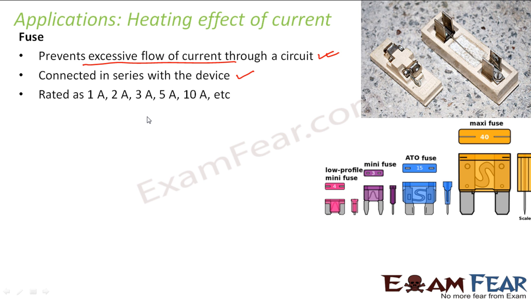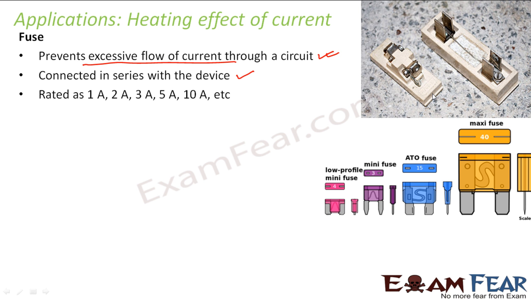Now what does a fuse do? Fuse is nothing but it consists of a wire which is made up of some metal of specific melting point. For example, this kind of fuses are the ones which you generally see at your homes. So if you see, it consists of a wire, this wire. So this wire is made up of a metal of specific melting point. Now as current increases beyond a certain limit, this wire will break because it will reach the melting point of the wire and the wire breaks.